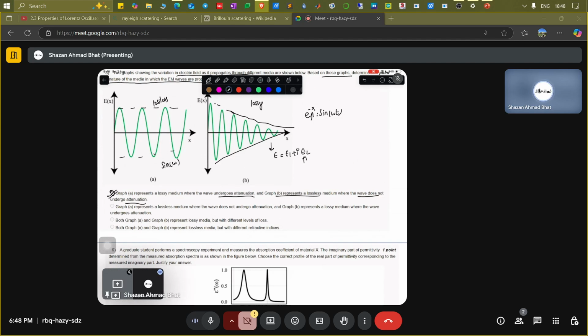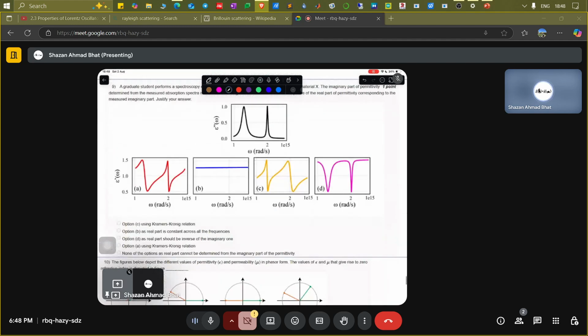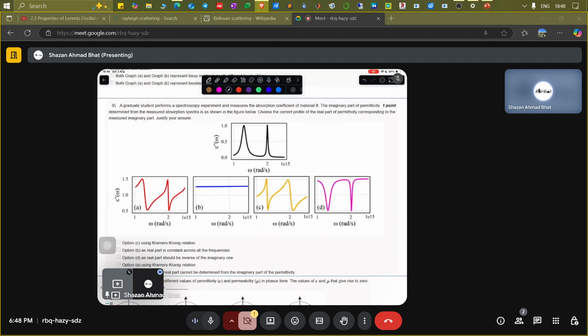So this term will be large here. But in this case, epsilon 2 will be small, or even 0 in this particular case, which is basically showing the losses inside the medium. Okay. Now this question says that a graduate student performs a spectroscopy experiment and measures the absorption coefficient of